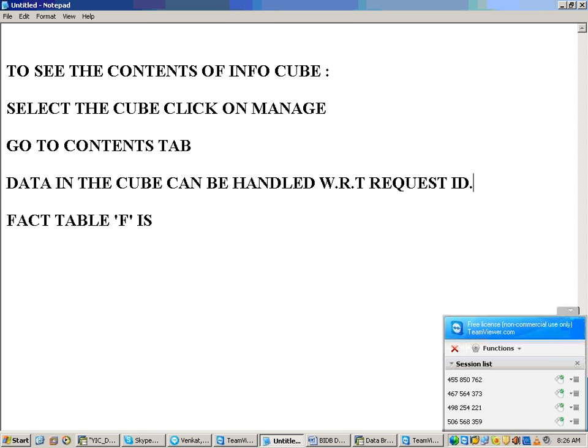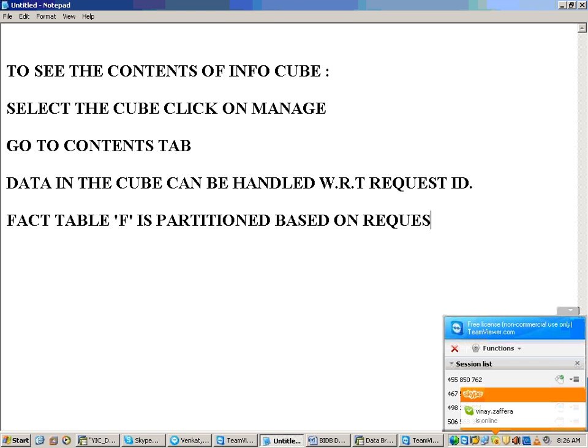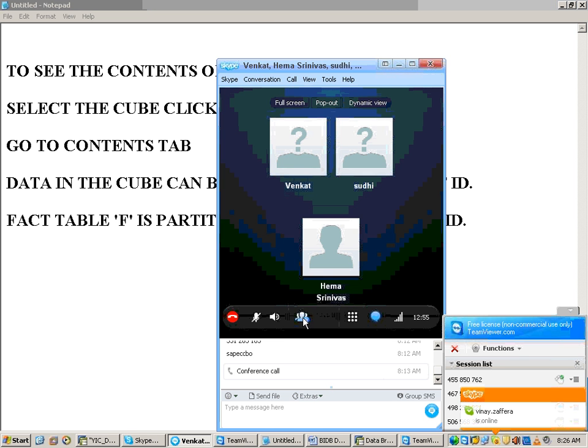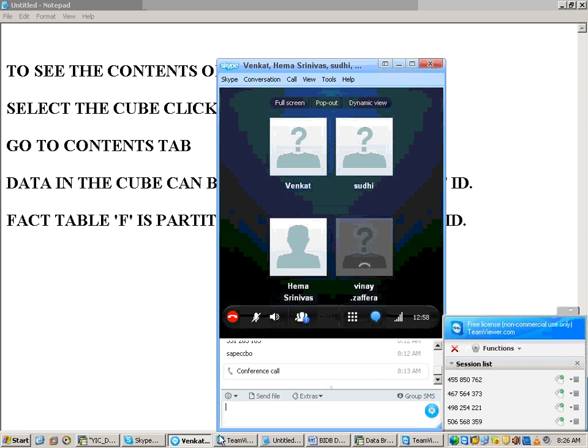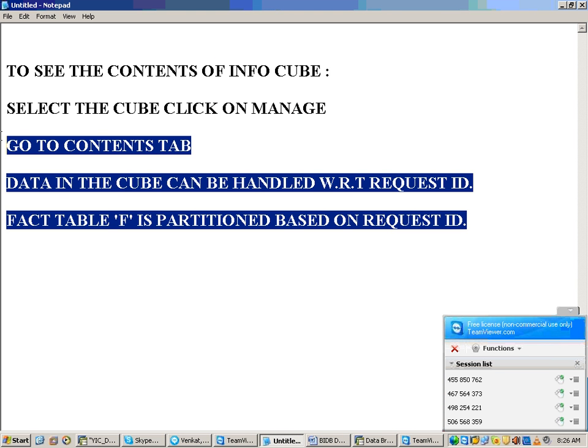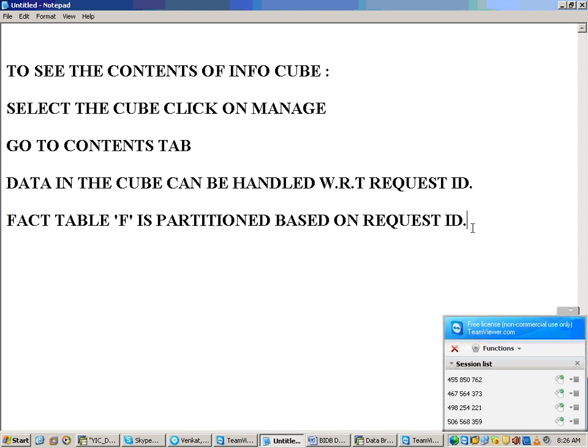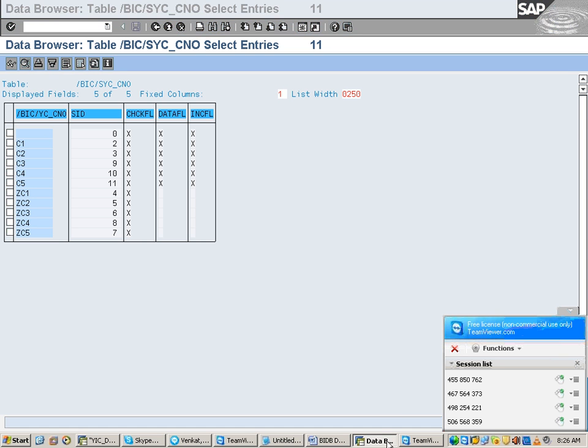So we can handle data in the cube with respect to request ID. That's what we call fact table F is partitioned based on request ID. Fact table F is partitioned based on what? Request ID. So that is what you can see now.